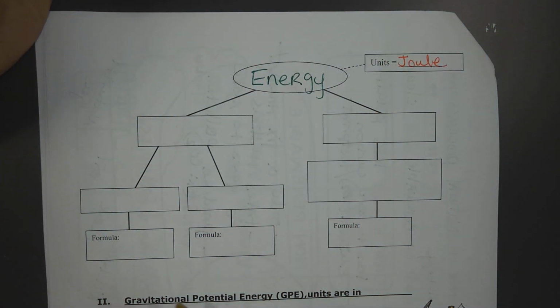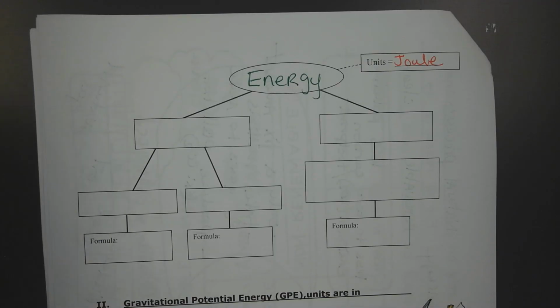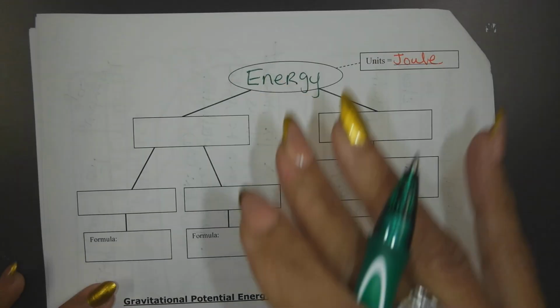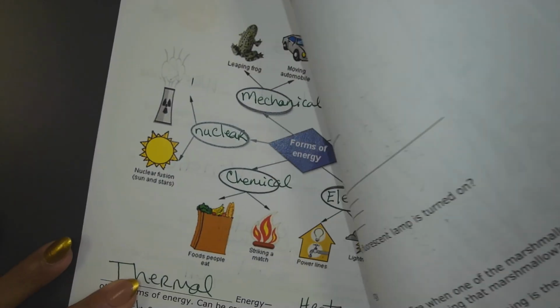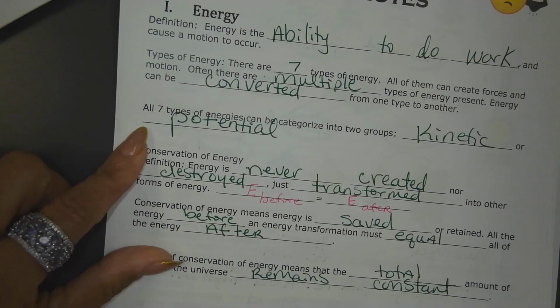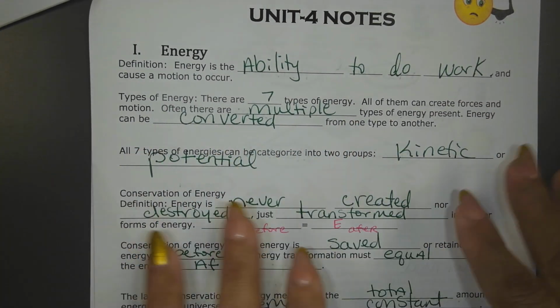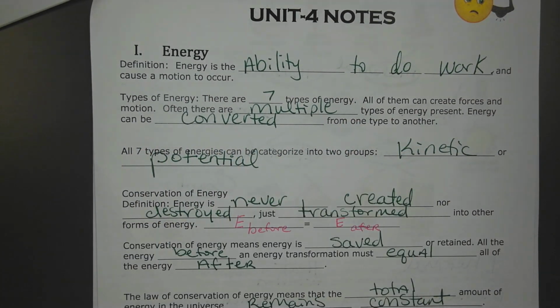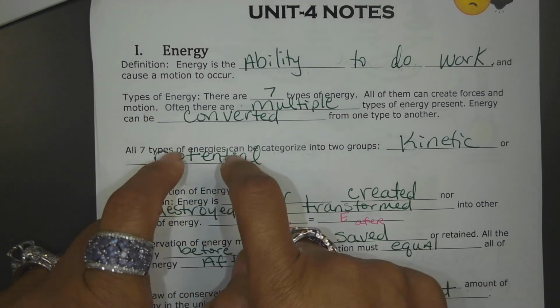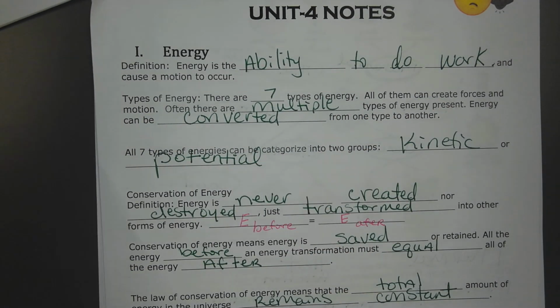Now, when energy is broken up, and kind of like yesterday in our notes, I'm just going to go backwards over here where they said we have 7 different types of energy, and all energy can be grouped, not only grouped into kinetic or potential, but we also saw in our notes yesterday that we also have groups called renewable, non-renewable energies, right? But these main 7 types of energies that we see in our everyday lives, and we probably use it